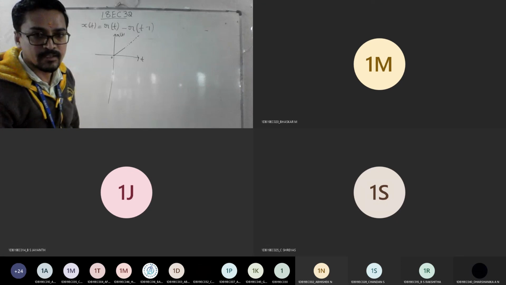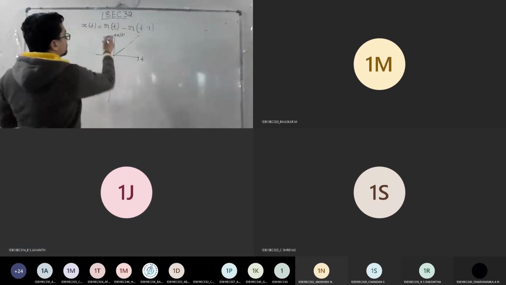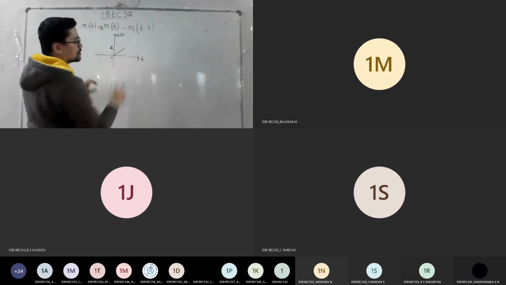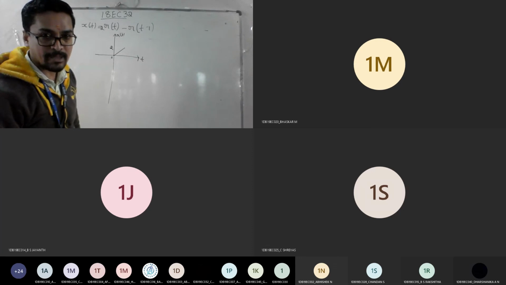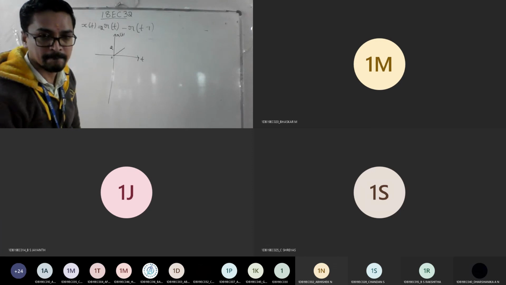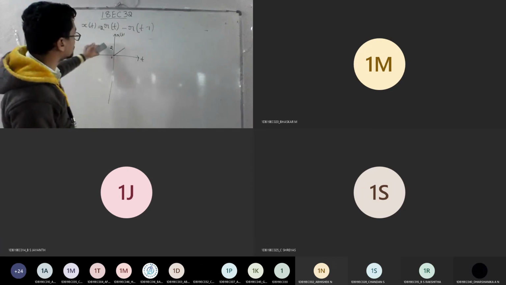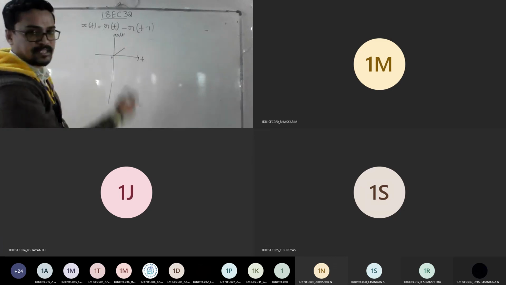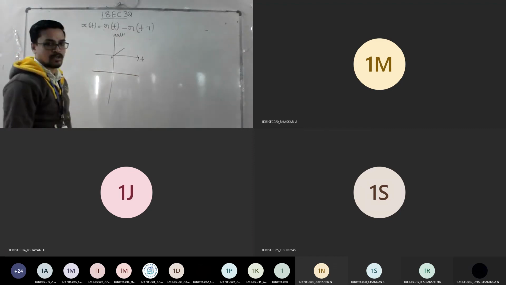Everyone? If I say just r of t, it is just a continuous line. Instead of this, if I put 2 times r of t, you need to end that amplitude at 2. Am I clear? Yes, sir. So let's go with the generalized one first. r of t is like this. Then tell me how to plot r of t minus 1 here. How many shifts?